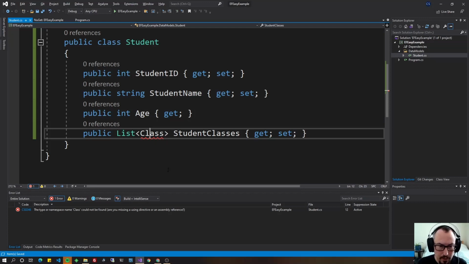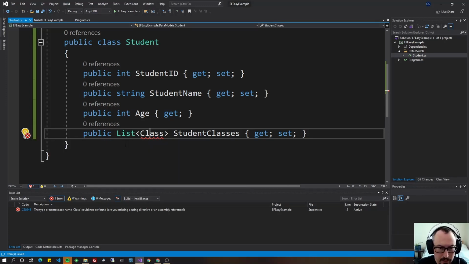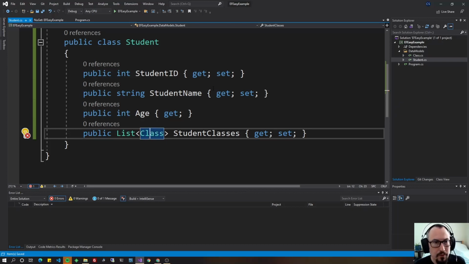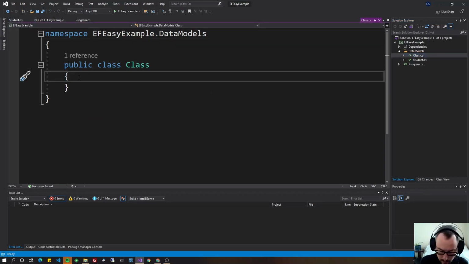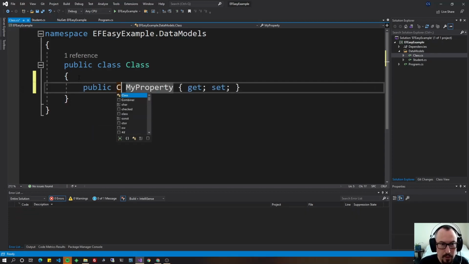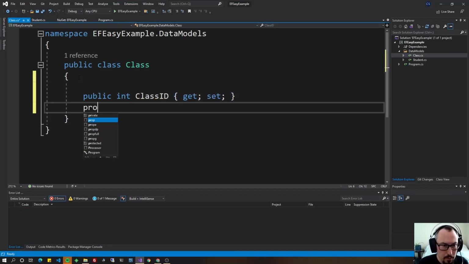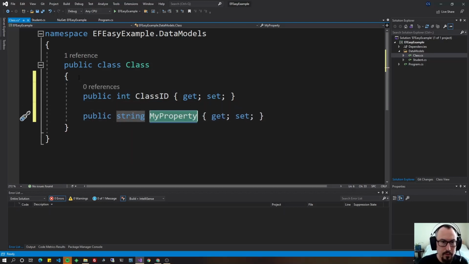Now I'm going to left click on class, and we're going to generate the class called class. Some of the choices it presents to you is generate class in a new file or generate class. Click generate class in a new file, and it's going to put it in the same folder that the student class was in. So I can just click on it, and all I have to do is add the properties. You'll notice it's already a public class because it was required to be public in order for a student to access it. So now I can just type prop tab tab. We can do class ID, prop tab tab, string tab. We can give it class name,